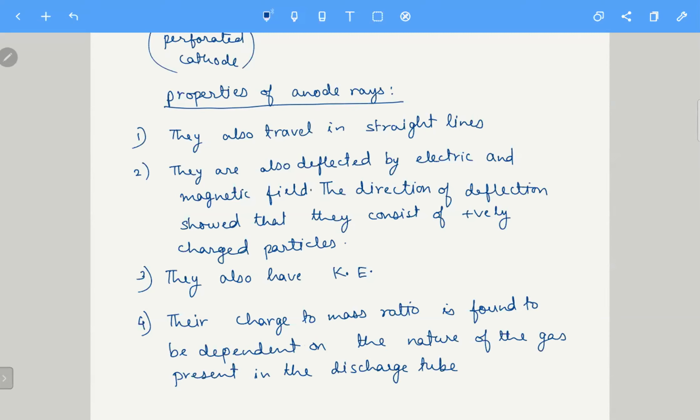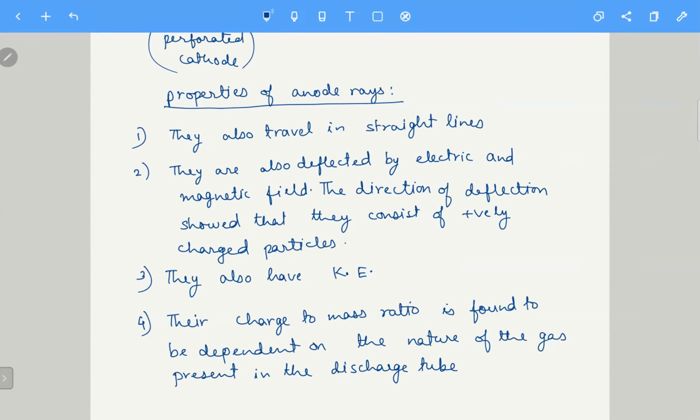तो ये एक important result है. This result further confirms the explanation of cathode rays and anode rays. Suppose the gas inside the container is hydrogen gas. When such high voltages are applied, the hydrogen molecule breaks into hydrogen atoms, and the hydrogen atoms ionize to give H plus and electron.